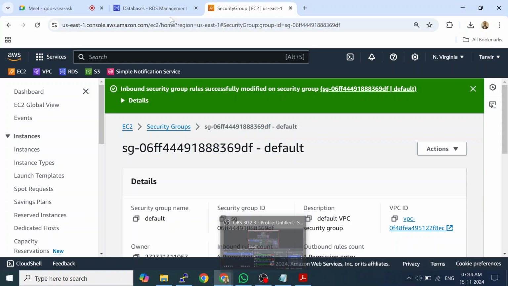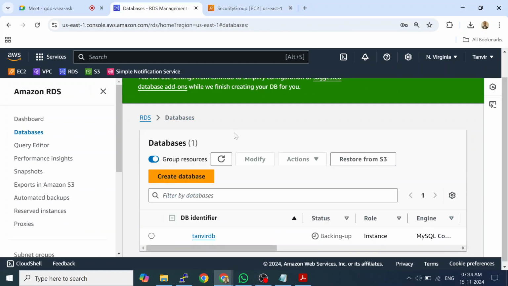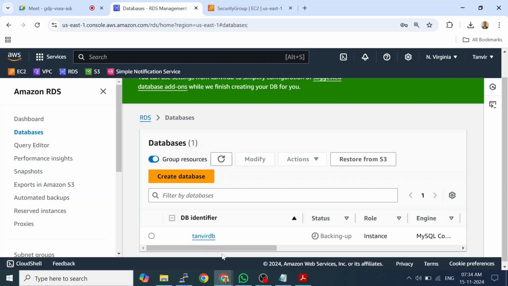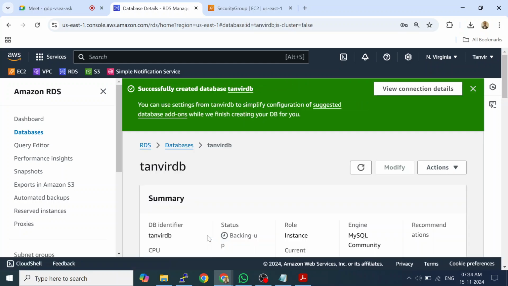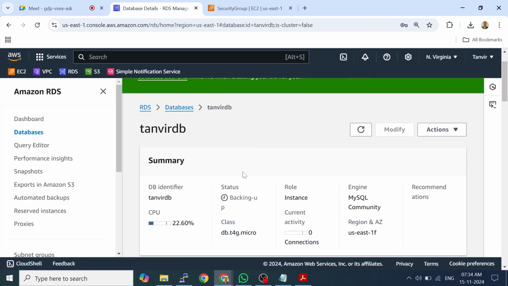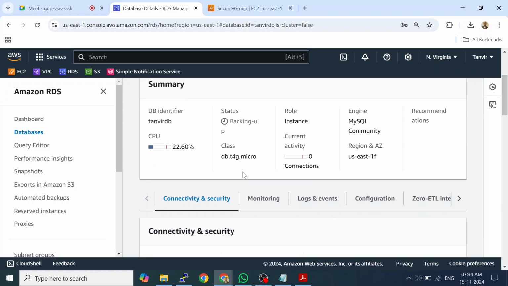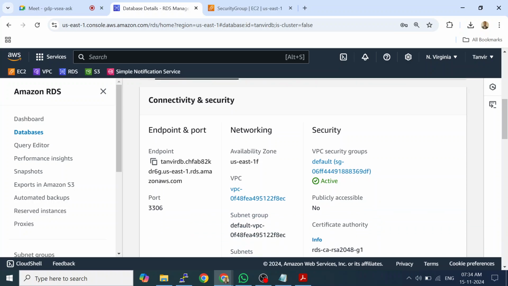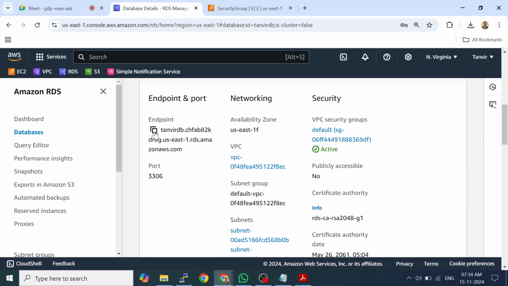Okay. Now let us see. So now it is in the state of backing up. So now we can connect. Click on database. Okay, here we have connectivity and security. So we have to just copy the endpoint. Okay,